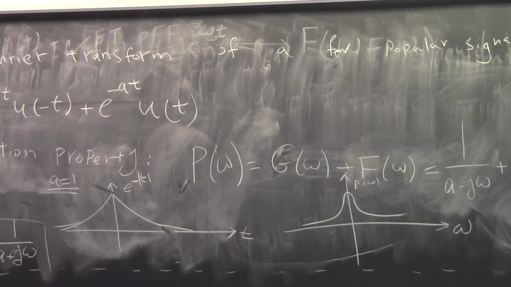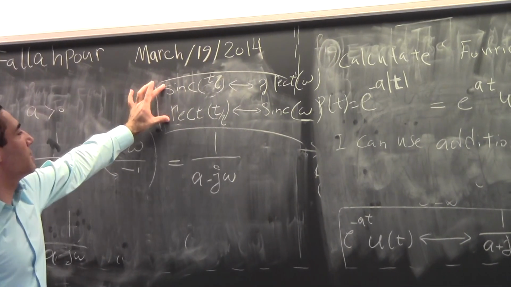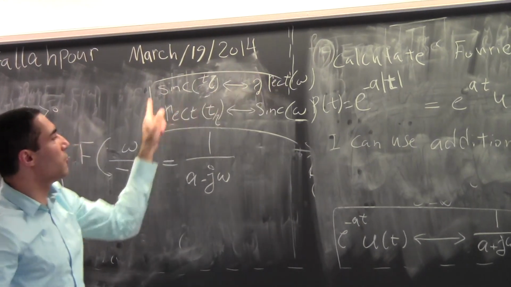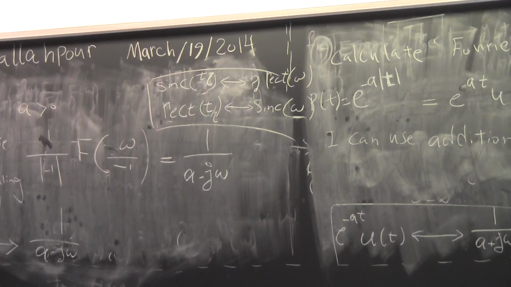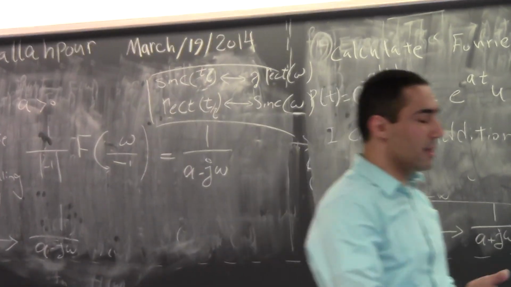Maybe this is sinc of t tau. Then calculate the Fourier pair, which is going to be sinc of something, a function of omega. So this is in your book, you can go over it. And it's very important to know this too. Sinc, rect, sinc. For those of you who like to study digital